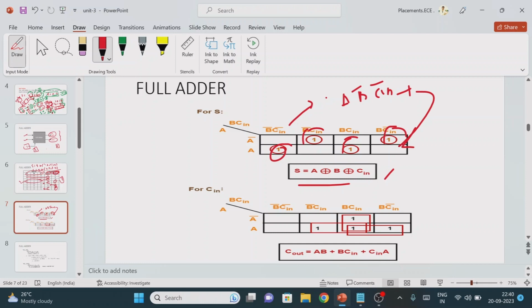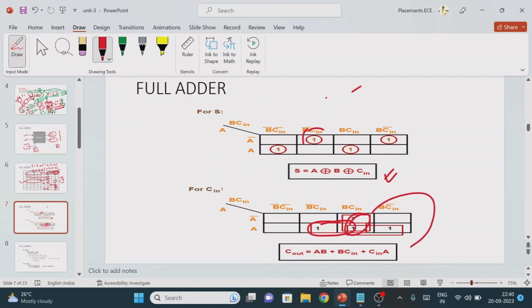You might have a doubt: I am using the K-map for minimization, so why am I getting minimization one more time? Remember that in K-map operation, if more than one group is formed, you will get a logic expression which you cannot reduce further. If more than one group is done in the K-map, then you get the final minimized expression. Whatever you try, you cannot reduce that expression.